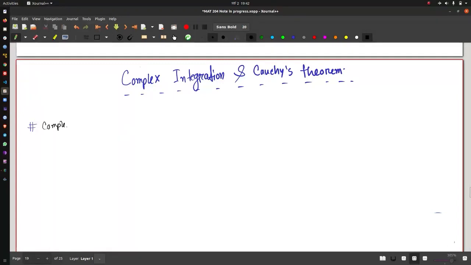So the first remark that I want to make regarding complex integration is that complex integration means that, let's say you have a function of a complex variable f of z and you want to integrate it. From this point of view, this is analogous to the real variable integration that you see in your calculus course. So what we are going to do is that at first we are going to see integration along curves